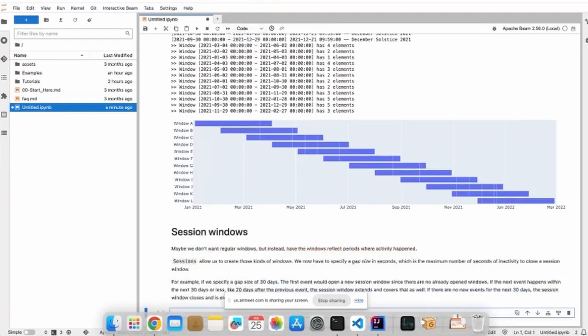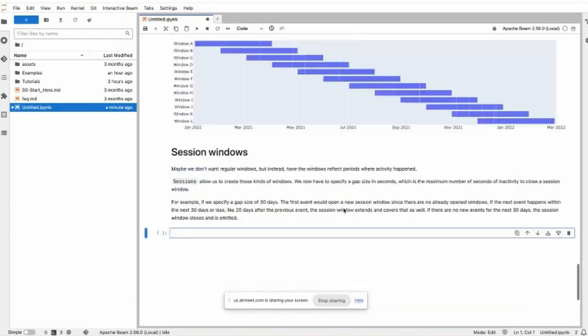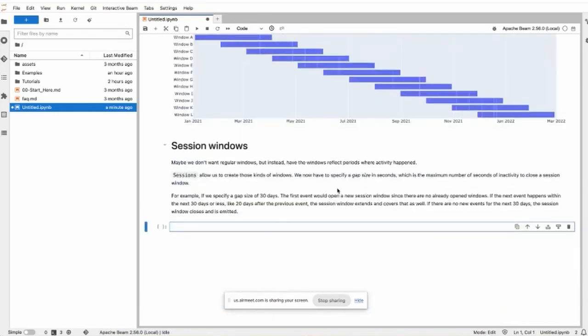I pasted the description here. Maybe we don't want to regulate regular windows, but instead we have the window reflect the period where activity happened. Session windows allow us to create those kinds of windows. We specify a gap size in seconds, which is the maximum number of seconds of inactivity before closing a session window. So similarly, I have the code below